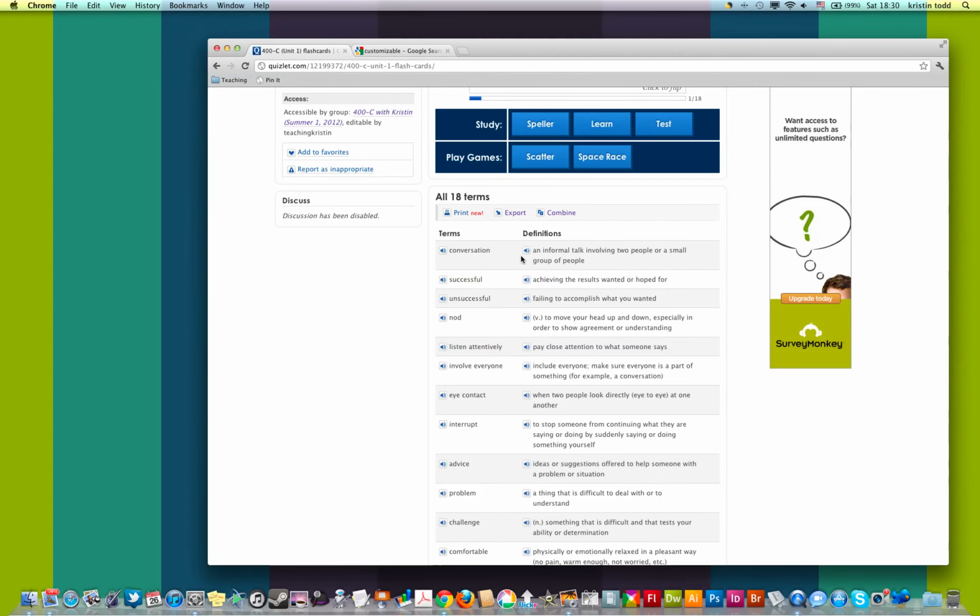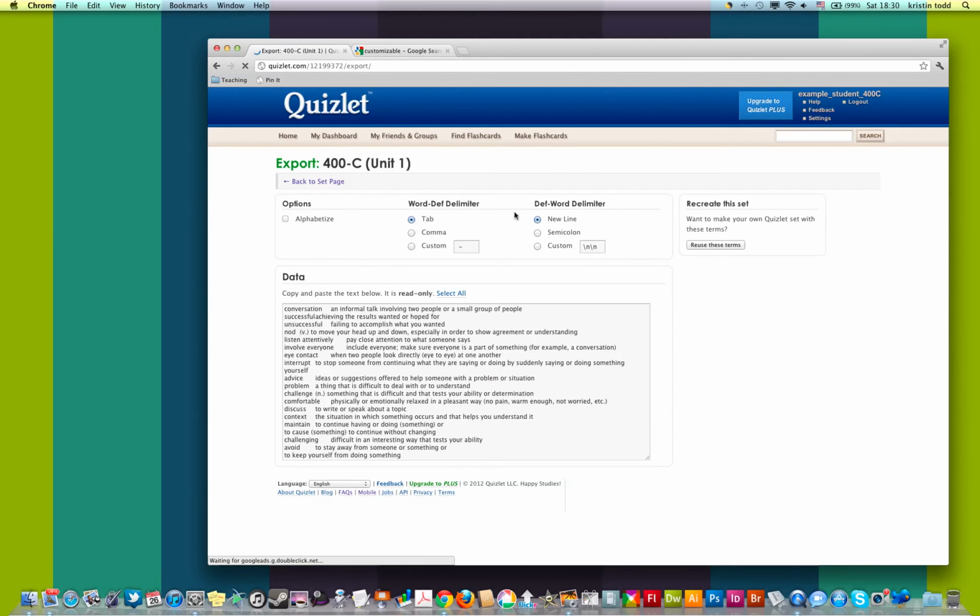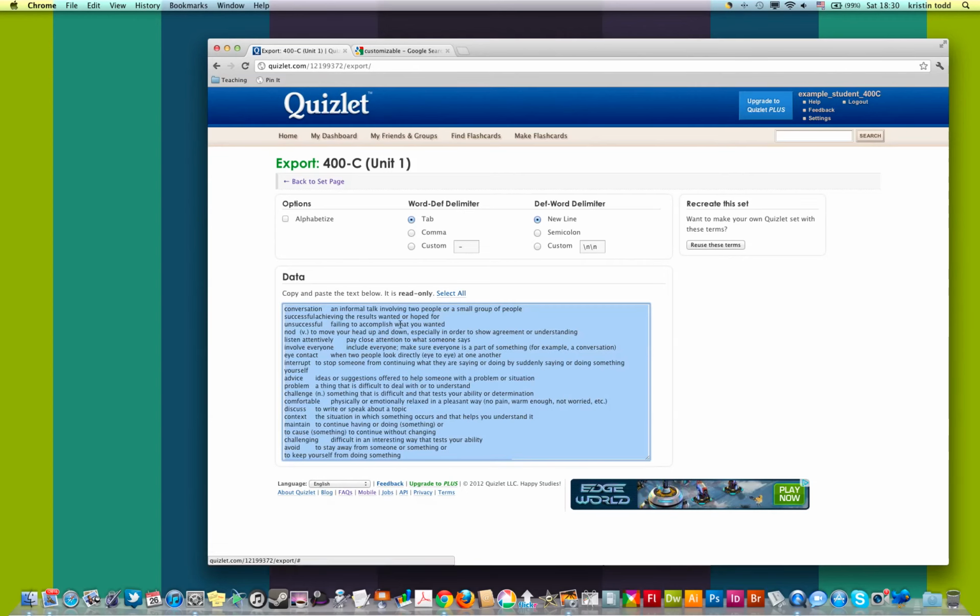Let's see. So we've got the pronouncing, we've got the printing. I'll also just briefly show you that you can export the information from the set. The three main parts to this page. We won't look at everything in great detail. Up here is where you could choose to export or take all of this information and send it to a spreadsheet. For example, maybe Microsoft Excel. And down here is where you can copy and paste everything. You can click here to select everything and copy it and paste it into, for example, a Microsoft Word document